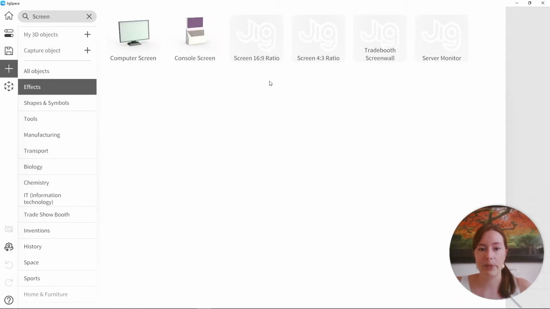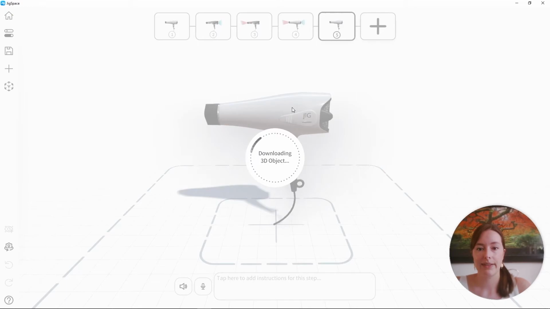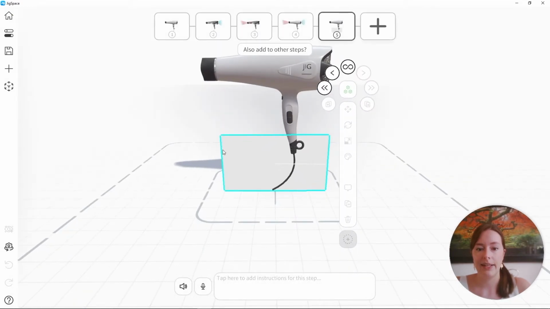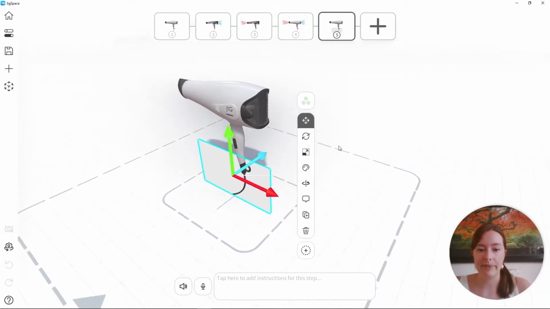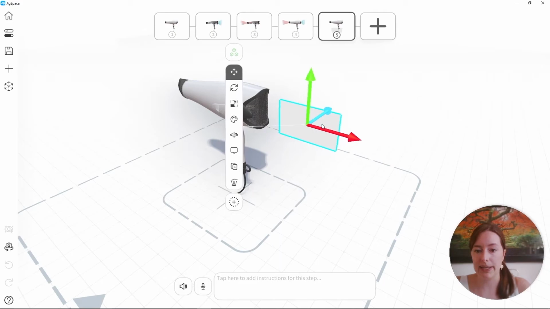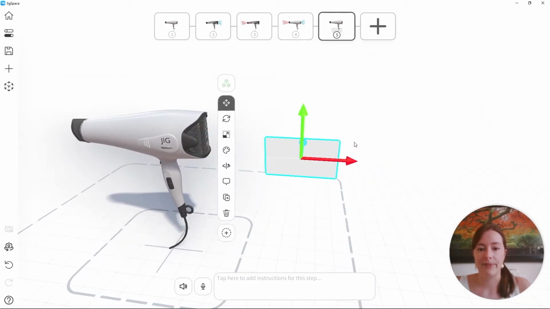Here we have some common screen ratios. Now I'm going to duplicate this object across all steps. And on step 5, I'm going to position it behind my hairdryer as a backing screen.